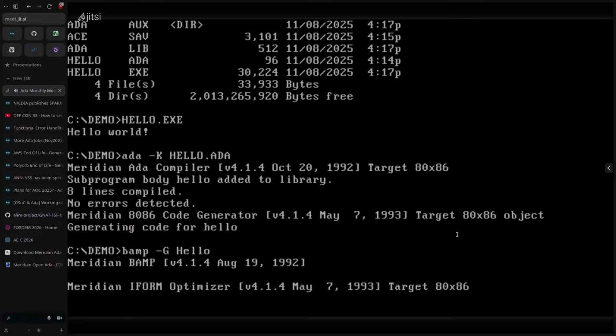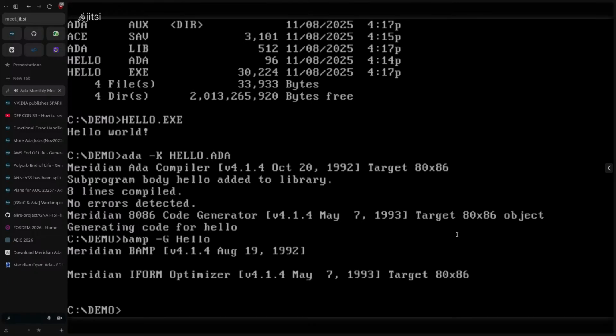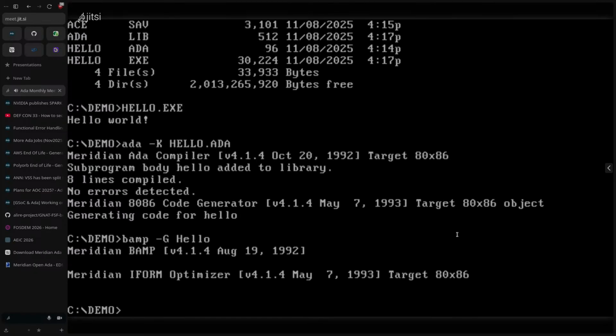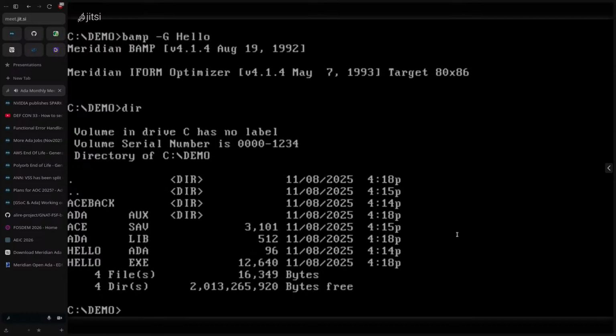Another thing which is funny is that the target CPU for this compiler is the 8086. I mean, it's a really, really old compiler. I don't remember exactly when it came. End of the 70s? I'm not sure. Anyway, so now we're finished, and it managed to get the executable down to around 12.5 kilobytes.